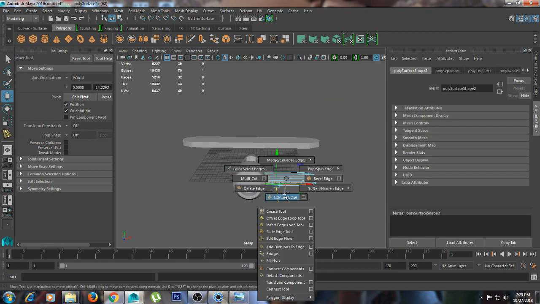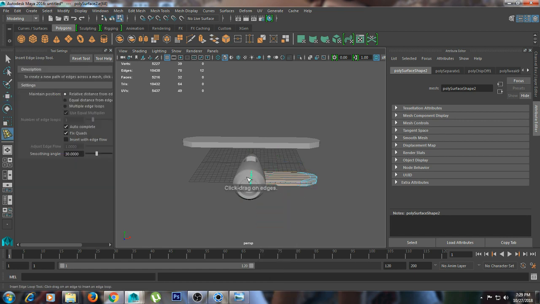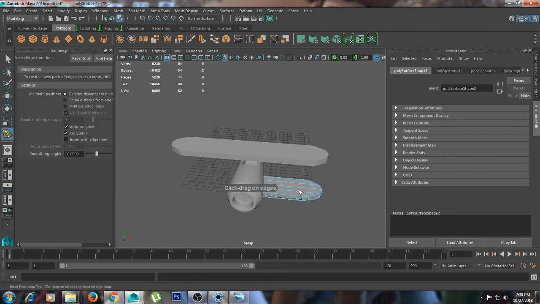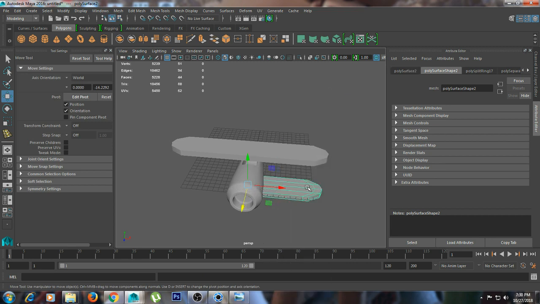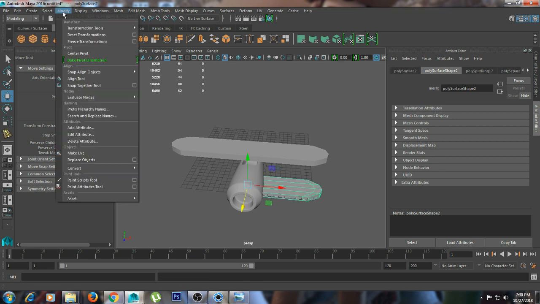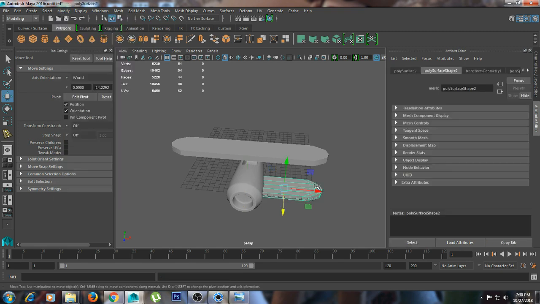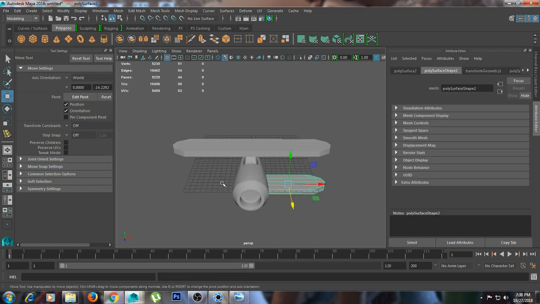I'm going to insert one edge here also, and then I'm going to click here, edit, duplicate special, okay, modify freeze transformation, modify center pivot, edit, duplicate special, okay, okay, then I'm going to select this object,